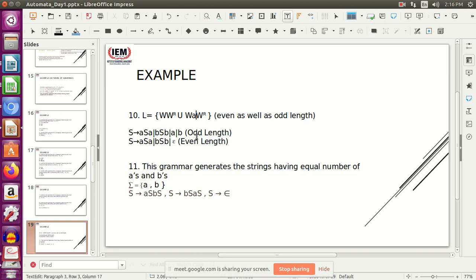And since this is an odd length palindrome, the base case is A or B, right? In even length palindrome, the production rule is same, but the base case becomes epsilon, right?